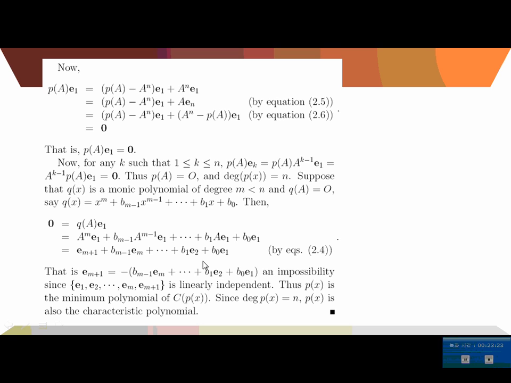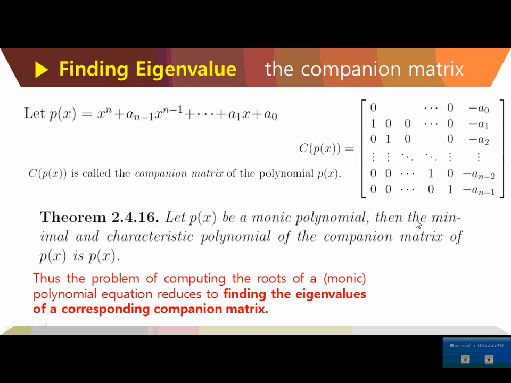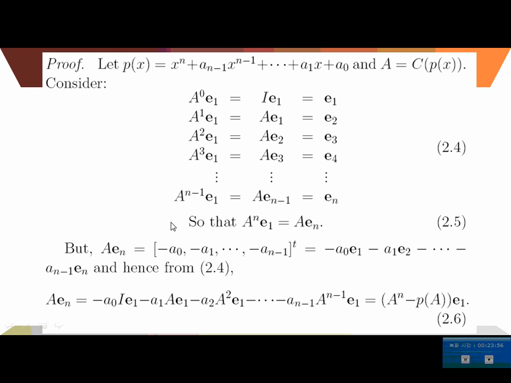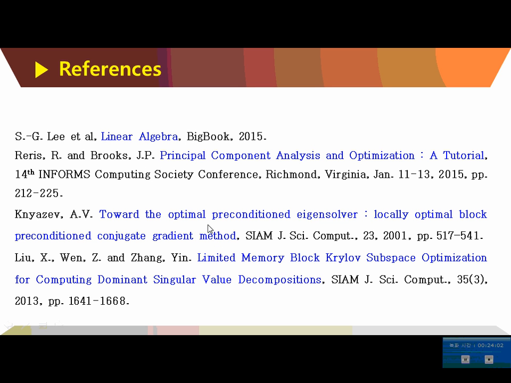the matrix A satisfies the characteristic polynomial, which says the characteristic polynomial of the companion matrix is the polynomial P of x, and also it is a minimal polynomial, which has the least degree that satisfies the characteristic polynomial. So this is the matrix theory. I think we explained pretty much on the PCA now, and we saw the examples,